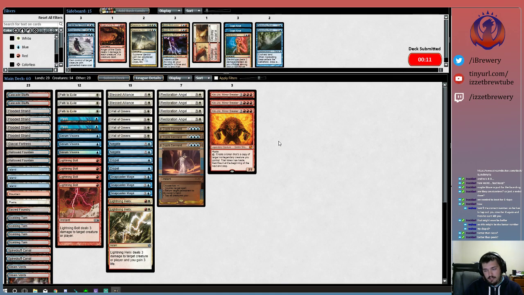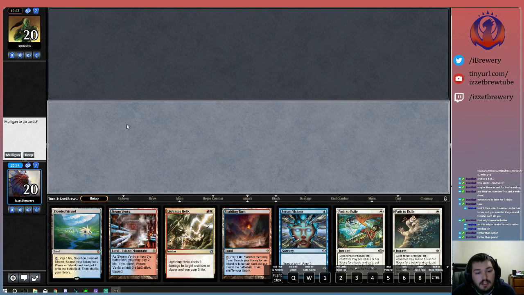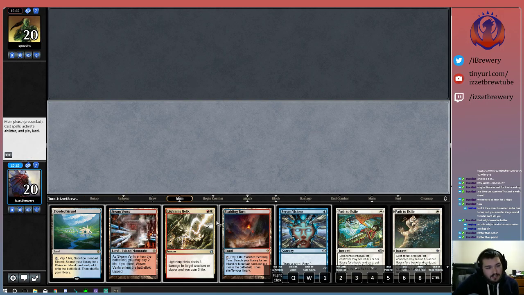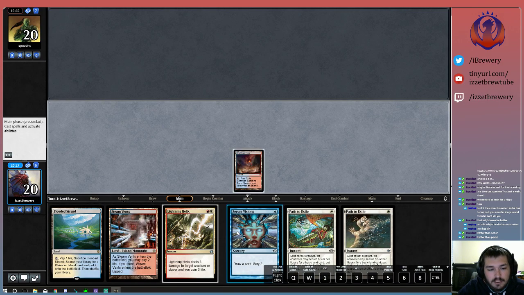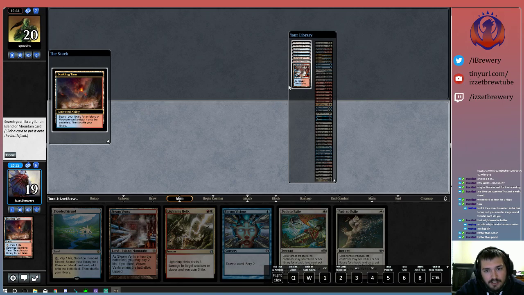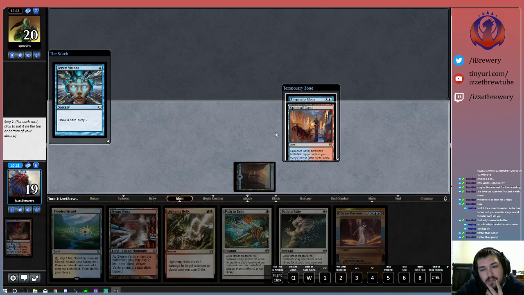Opponent is taking a long time here. Yes, I would like to play first. Helix and Visions and Paths, I guess, yeah. Helix is one of our better cards, right? Let's just go fetch a basic Island and Serum Visions. I guess that doesn't let us Helix on two, but